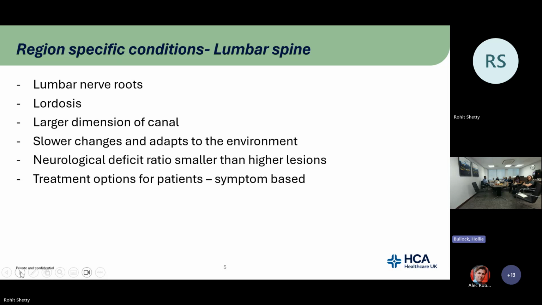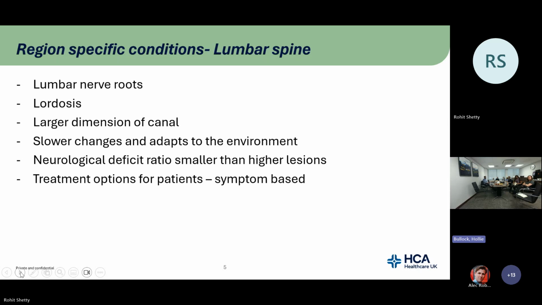And so with lordosis, what happens is that you've got a larger dimension of the canal. Once you have the cervical region, which is into lordosis, the lumbar spine goes back into lordosis, and you've got a larger canal. But at this stage, you've got your spinal cord, which then transitions into the cauda equina, or the neurological structures, pretty much the peripheral nerves. And so the risk of neurological deficit is there, but it's predominantly less than the cervical and thoracic cord,